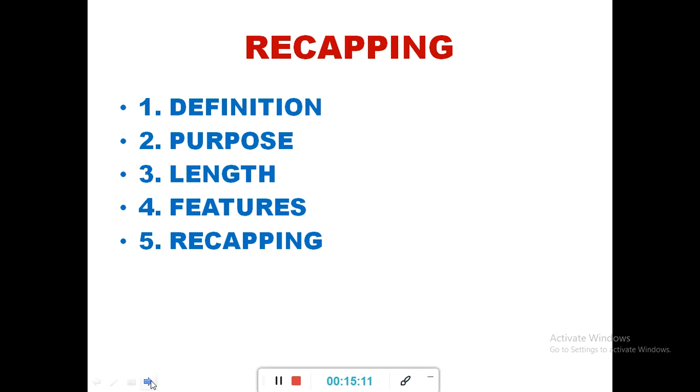Then the thesis has a very simple purpose. It is required as part of the requirements for graduating at a particular stage in an academic institution or a professional body. So when you write your thesis, you want to write your thesis for the purpose of getting their approval for you to be seen to have completed your program, for you to obtain your degree, so to say. Then let's look at the length.